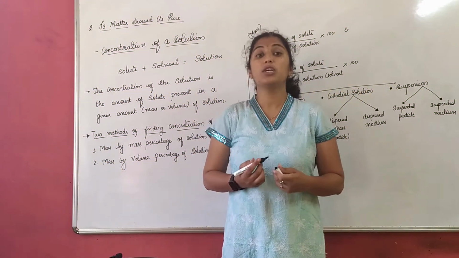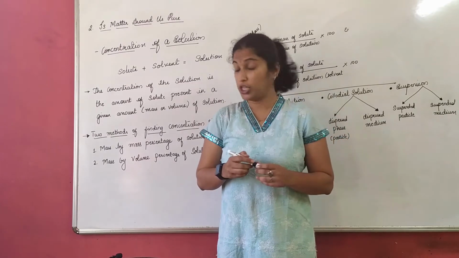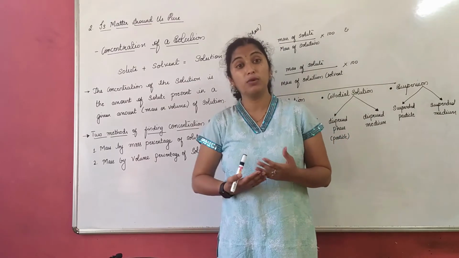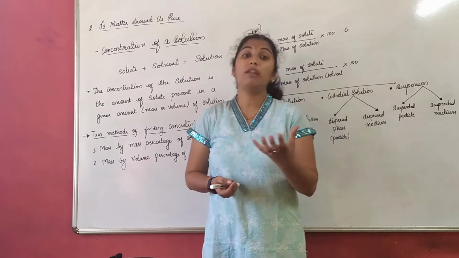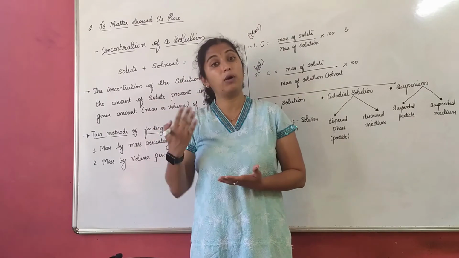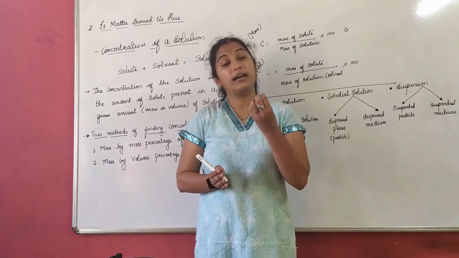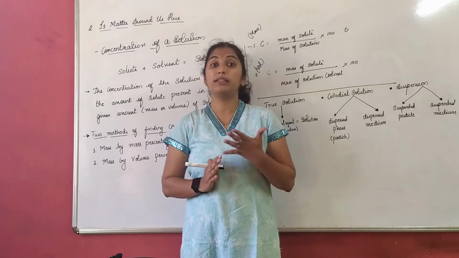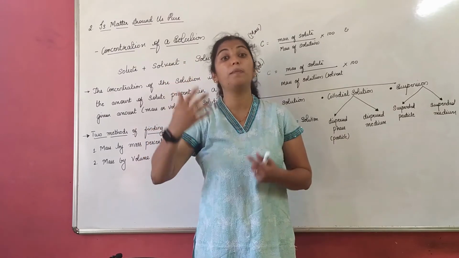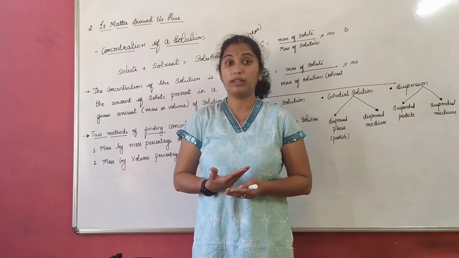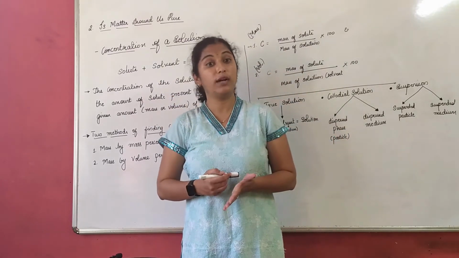In our previous class, we understood about different properties of solutions and types of solution. We understood what is a solute and what is a solvent, which will be in the greater quantity. That means solvent will always be in a larger amount than the solute. We also studied about saturated and unsaturated solutions, that is, to what point the solute will stop dissolving in water, which comes under the concentration of a solution, which we need to understand.